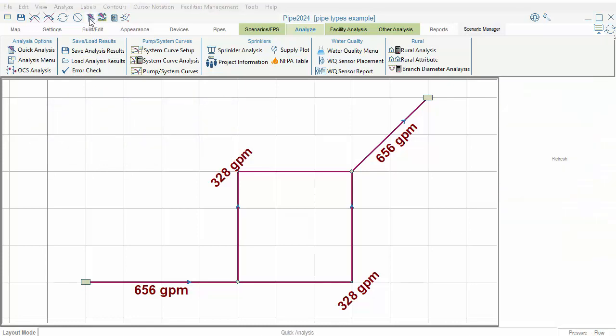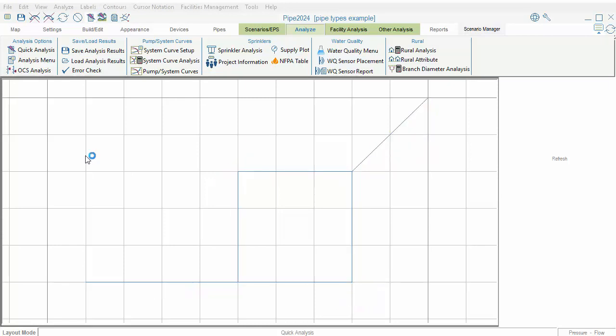Then, if we run an analysis, we will be modeling the effects of pipes installed in 1980 in the year